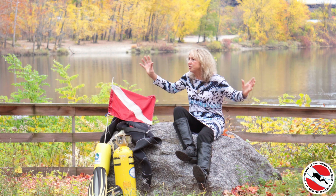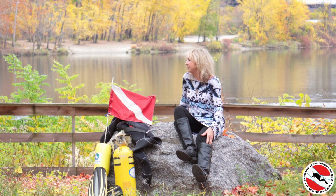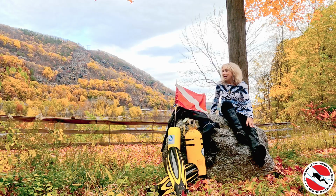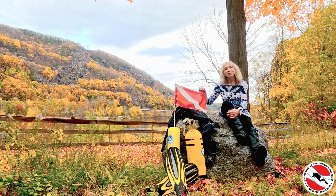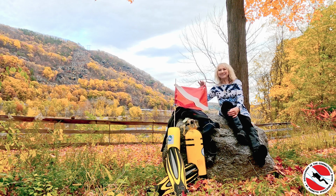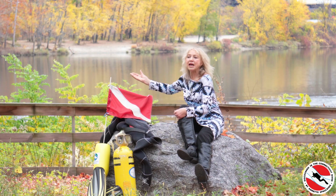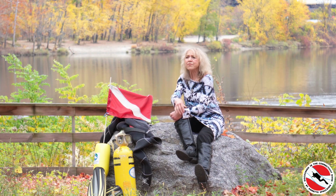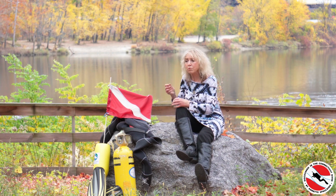It's uncovering so much history since the river has cleaned up over the last 30 years. Oh, by the way, this is a dive flag. If you're a boater, because we don't have a lot of divers here, and you see one of these flags, that means I'm attached to it underneath. So please don't run over me. I'm underneath it, okay? These depths right here range anywhere from like 18 feet average to deeper holes like 34